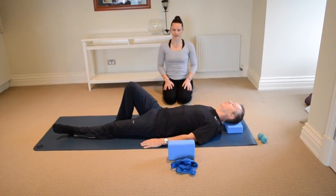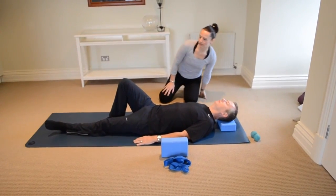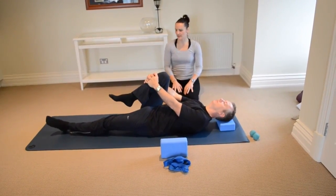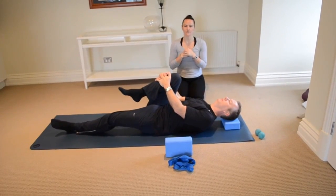It's a really self-encouraging way of looking after yourself and your pelvis. So what I'm going to get Peter to do is start to hug the right knee in towards his chest, and the left leg can just be left quite relaxed. And so he's going to start to draw that right knee in towards his chest and hold this stretch for